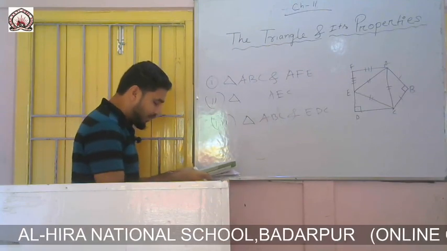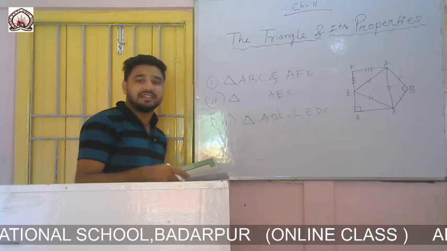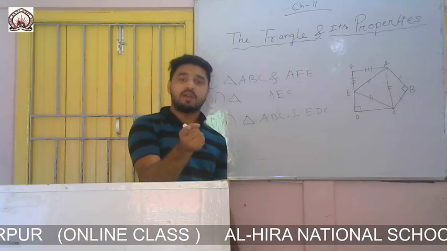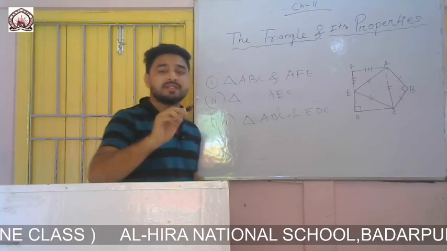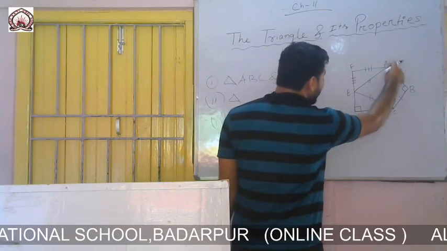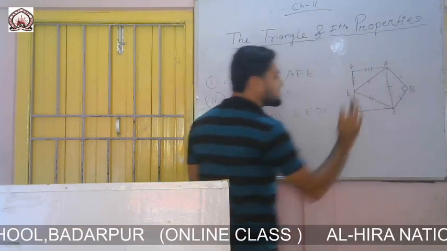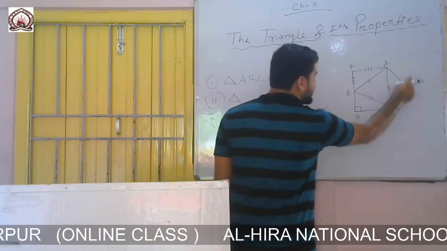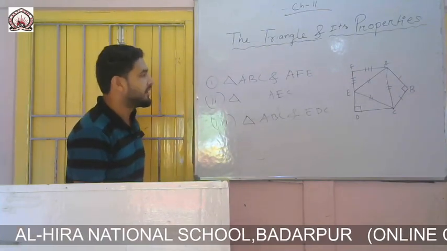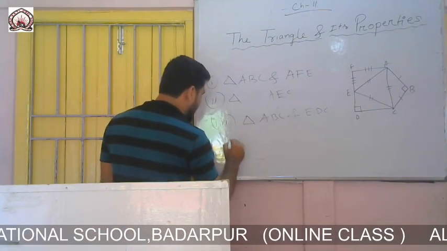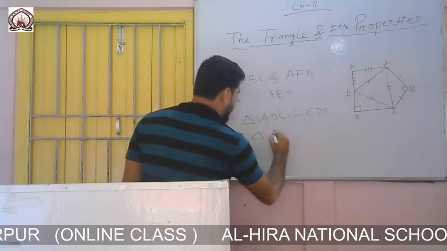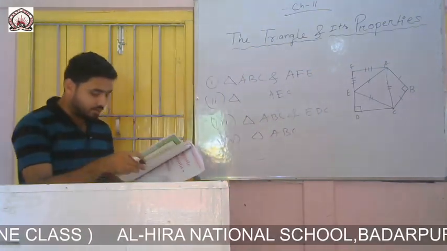Now come to question number 4, right angled and isosceles. In this case we have to see two things. The triangle should be right angled and also the two sides should be equal, that means isosceles. So for that reason we can see that only triangle ABC is appropriate, because these two sides are equal and it also has a 90 degree angle at angle B. So you can write number 4 as triangle ABC.